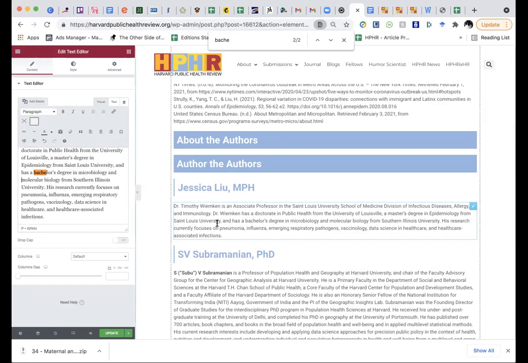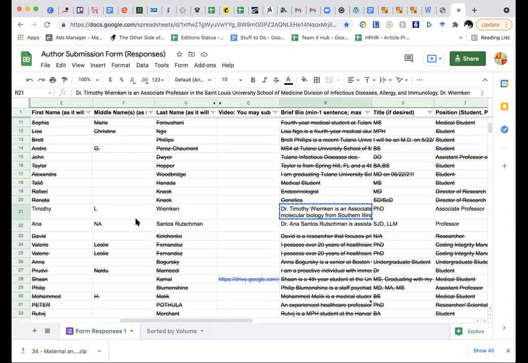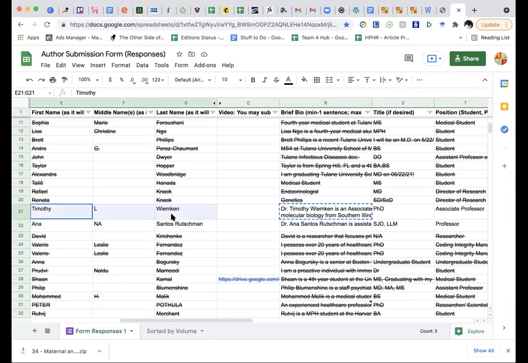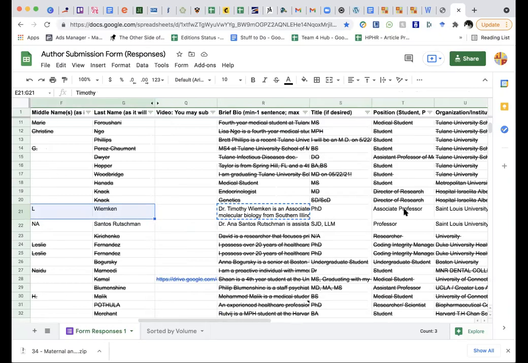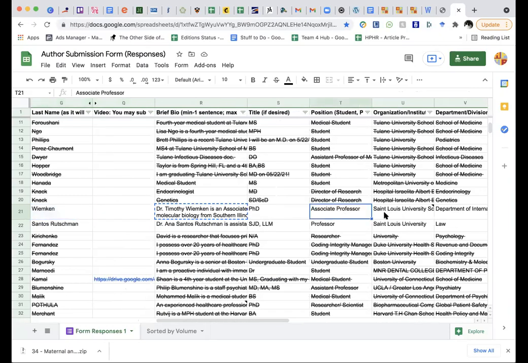If you have a biography where the person wrote, you know, I like to do research, we had someone do that. That was a weird biography. You probably just want to come here, get their name, and say something like Timothy L. Weichman, PhD, is an associate professor at St. Louis University in the Department of Internal Medicine, Division of Infectious Diseases, Allergy, and Immunology.